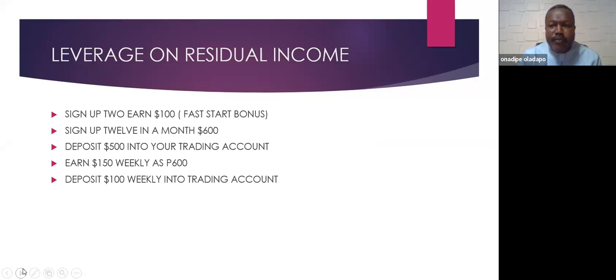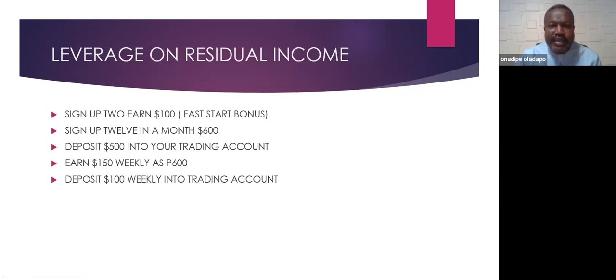Take, for example, you are a new partner and you get started today. The company gives you an opportunity that for every 2 people that you sign up, you get $100. It's called fast start bonus. And if you are able to get up as many as 12 people, that will be $600 for you. So you can deposit 500 out of that in your trading account. So rather than looking for money to put in your trading account, you can earn that money from the system